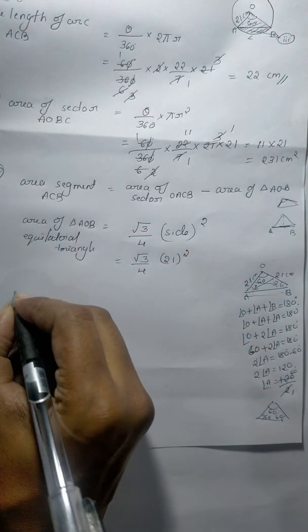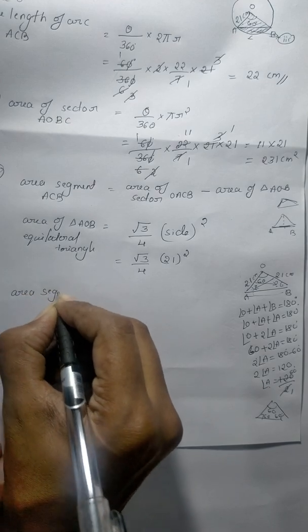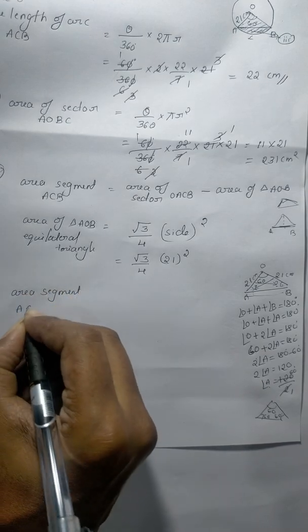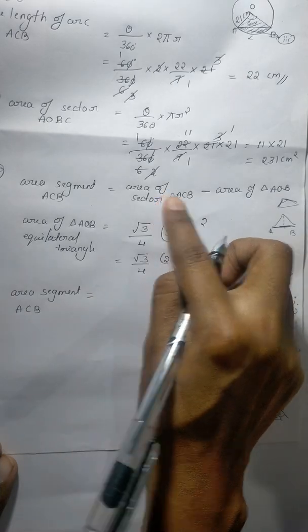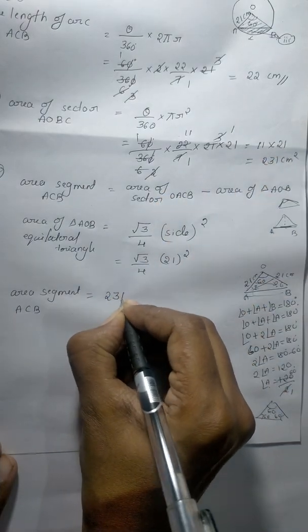So now, in the formula, the area of the segment ACB is equal to the area of the sector, which we already got as 231, minus